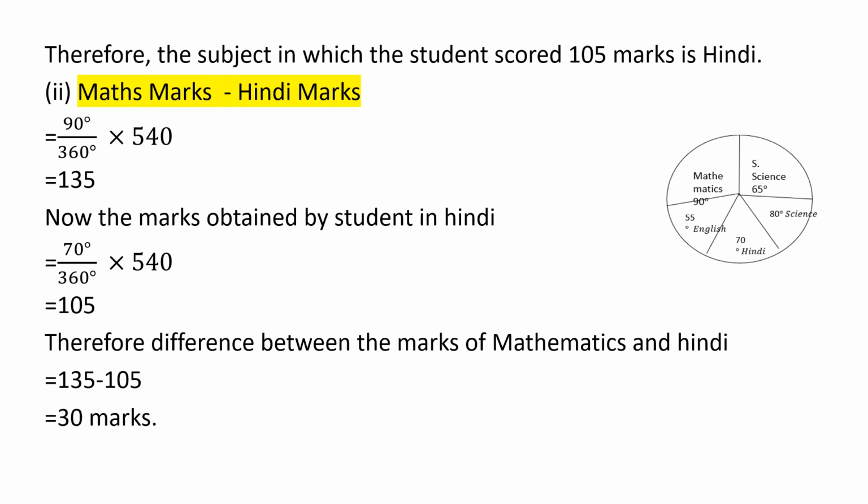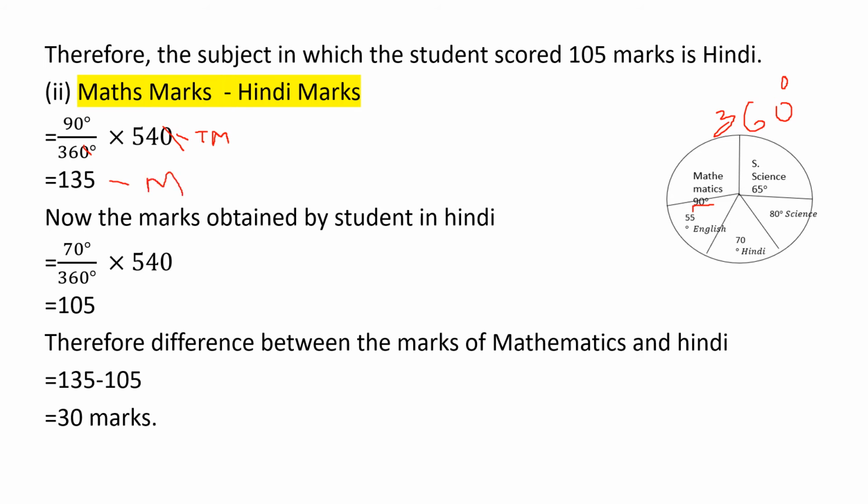Okay, so here they did not give any marks, they have given angles here. You know the total central angle is 360 degree, right? So what is the angle given for maths? 90 degree. So 90 degree divided by the total angle into the total marks. 540 is the total marks given in the question. So cancel it. You can use the 2 table or 9 table, that is your wish. Cancel it. You will get the answer 135. So 135 is the maths mark.